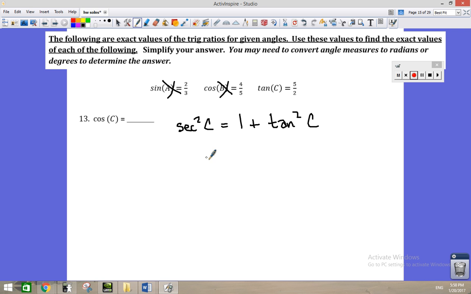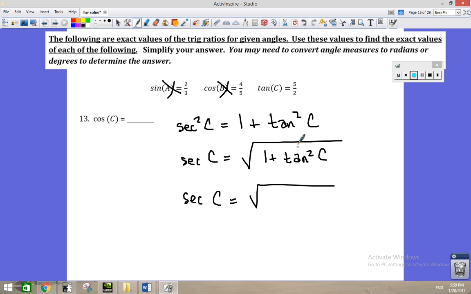So if I solve this for secant of C, if angles A, B, and C are in the first quadrant, I don't have to worry about a plus or minus symbol there. If they've given me that tangent of angle C is 5 over 2, I have 1 plus 5 over 2 squared, and